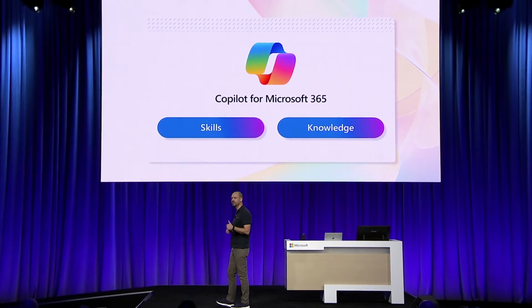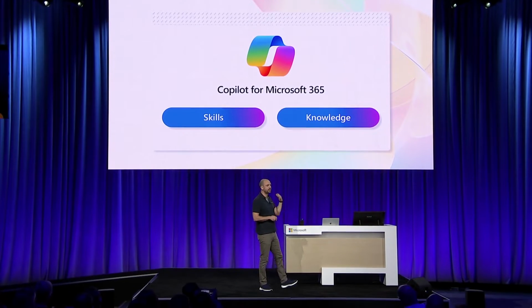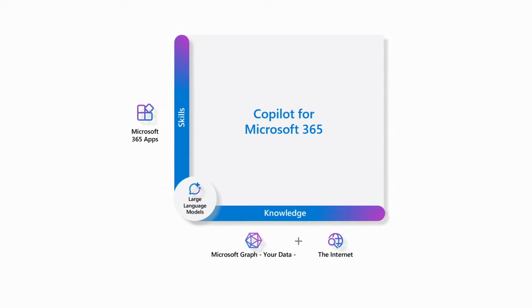First, we've got skills. These are the things that Copilot can do in the context of the apps where it's running. And then we've got knowledge. This is the information that Copilot has access to answer a user's query. Now, out of the box, we build Copilot with all the skills of a large language model and those of the apps where Copilot runs. So it can do things like create content, summarize, categorize, even command Word, Excel, PowerPoint, Outlook, and more. And it comes with all of the knowledge that that public large language model is trained on, all of that public data. And as we talked about before, it's also grounded in the data from the Microsoft Graph, your emails, your documents, your communications, your collaboration.